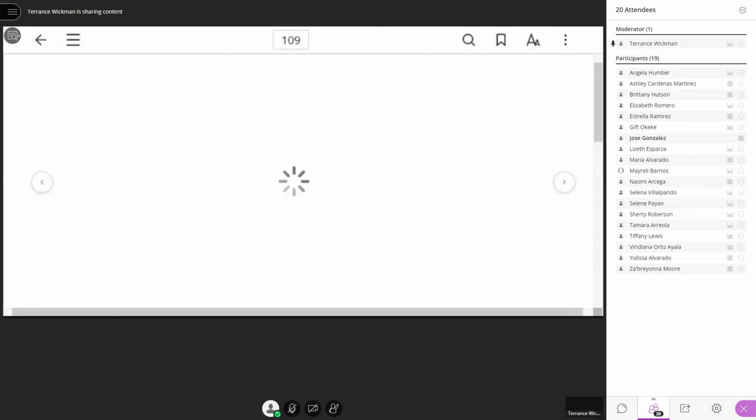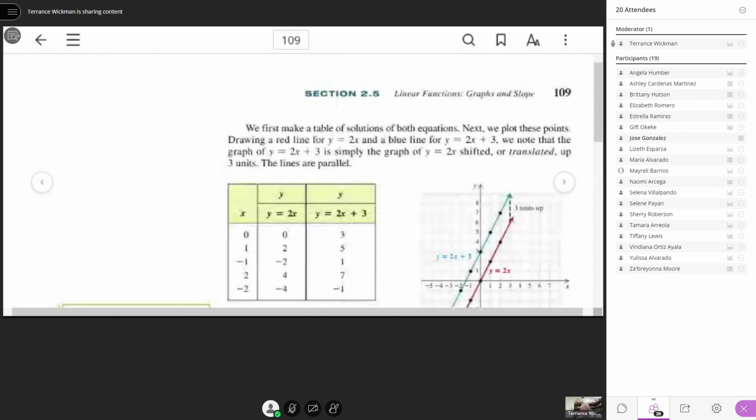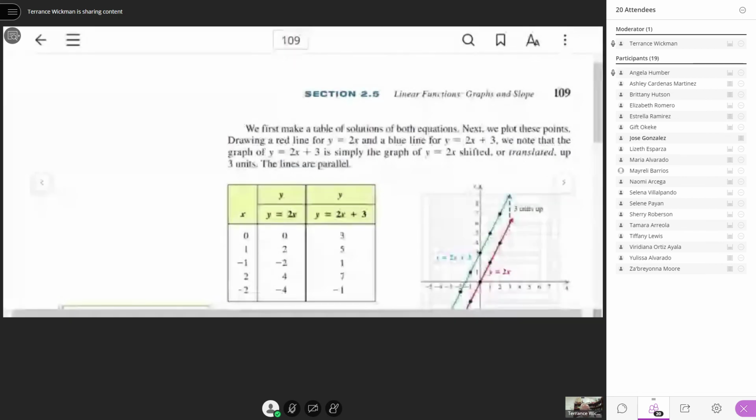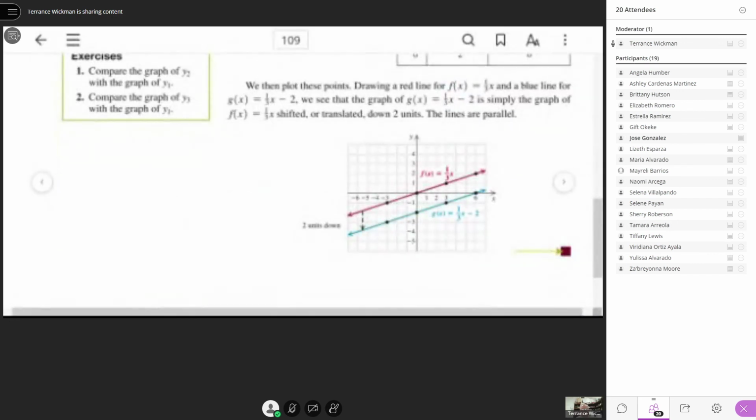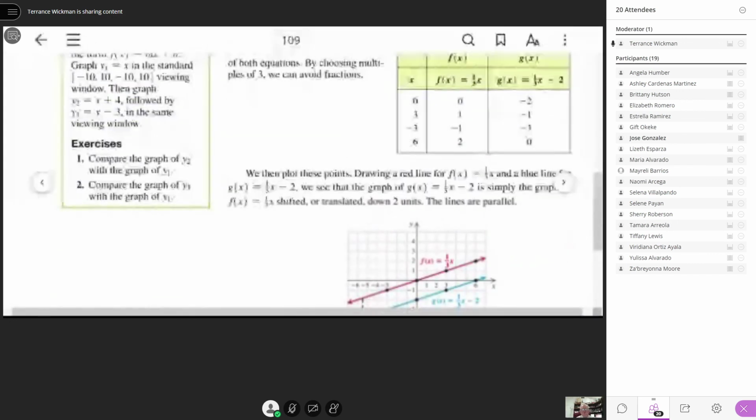Sure, it's going slow to the next page. It's clear. I'm just showing you the same thing. Here's the t-chart. And it's going to give you another one. Now,